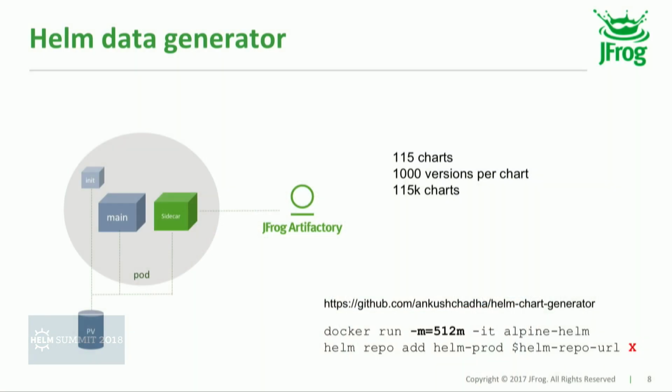So how do we reproduce the problem? We started with a simple shell file. We Dockerized it and ran multiple replicas of it on Kubernetes. Hey, okay, have fun, create a lot of charts, right? But then to make it generally available, we implemented a sidecar pattern. There was a main container which created all the charts, all the packages. Then there was a sidecar container responsible for pulling the chart and pushing it all the way to Artifactory. And then we had a helper container, which